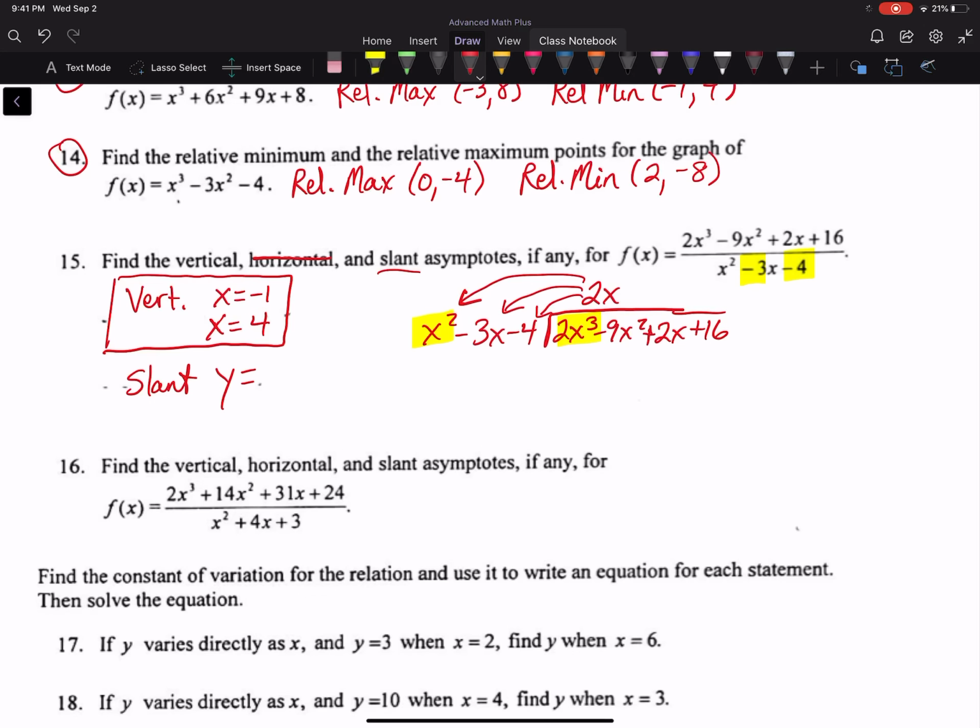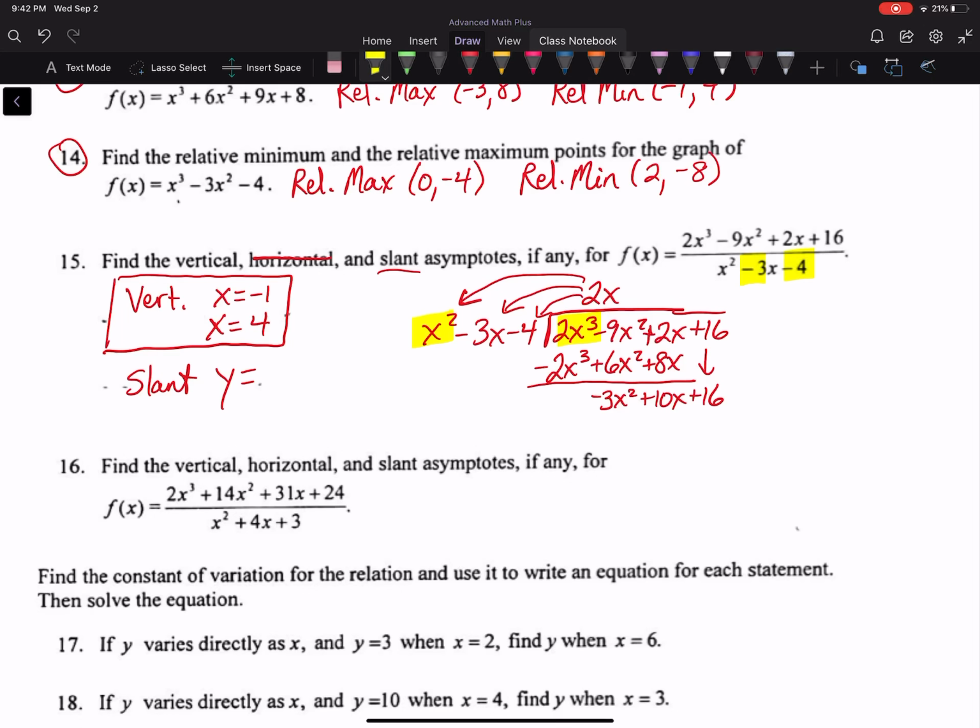So 2x times x squared is 2x to the third, but remember you do the opposite, so it's minus. 2x times negative 3x is negative 6x squared, but remember you do the opposite, so it's plus. 2x times negative 4 is negative 8x, and again it's the opposite, so you do plus. And then you add those up, you'll get negative 3x squared plus 10x. Bring down your 16. Then you ask yourself,